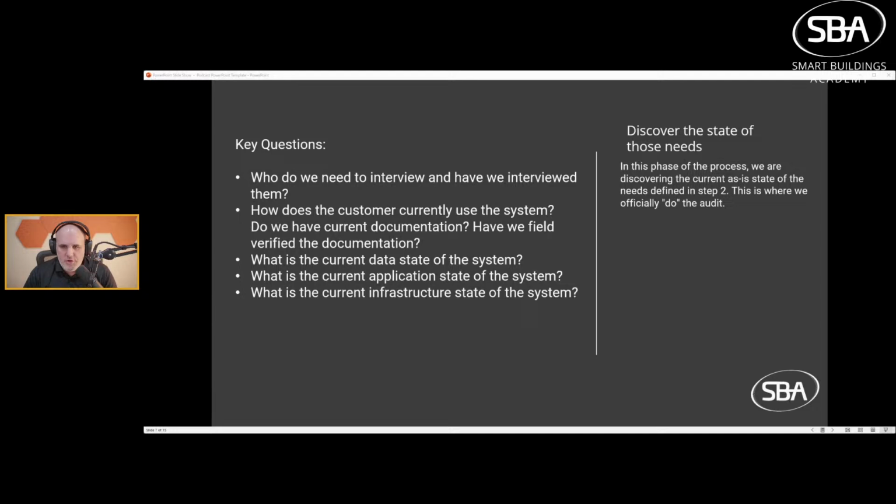Walk me through how you currently use the system. Watch them use it, like videotape it. Grab your iPhone and videotape them doing a triage, videotape them doing a schedule, figure out how they do it. If you can, unless how they do it is completely inefficient, like it takes 20 clicks to get to